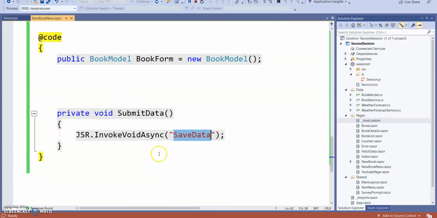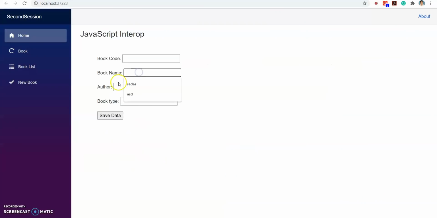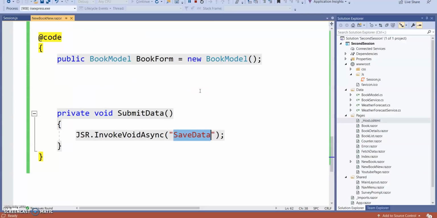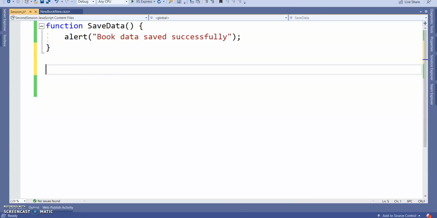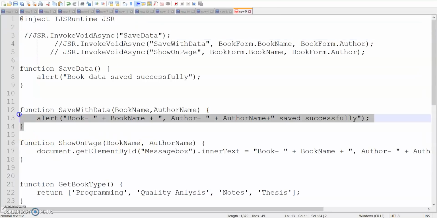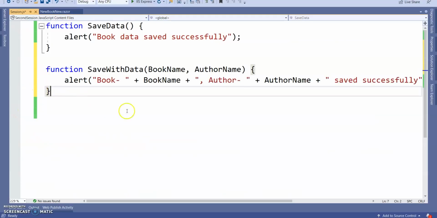Next, I want to show the book name and author name, like book name XYZ, author name XYZ saved successfully. For that, how can we do it? Here I'm adding one more function, saveWithData, where I am taking two parameters, book name and author name, and in the alert function I am just concatenating the parameters.